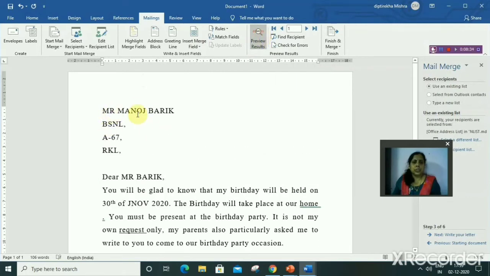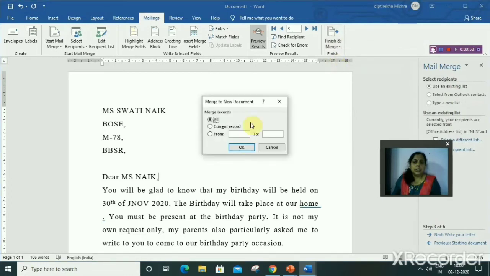So first one is Mr. Manoj Barik. Then the second letter is to Miss Anita Singh and Swati Naik, the third one. And after that you click on finish and merge. Okay. Then edit.